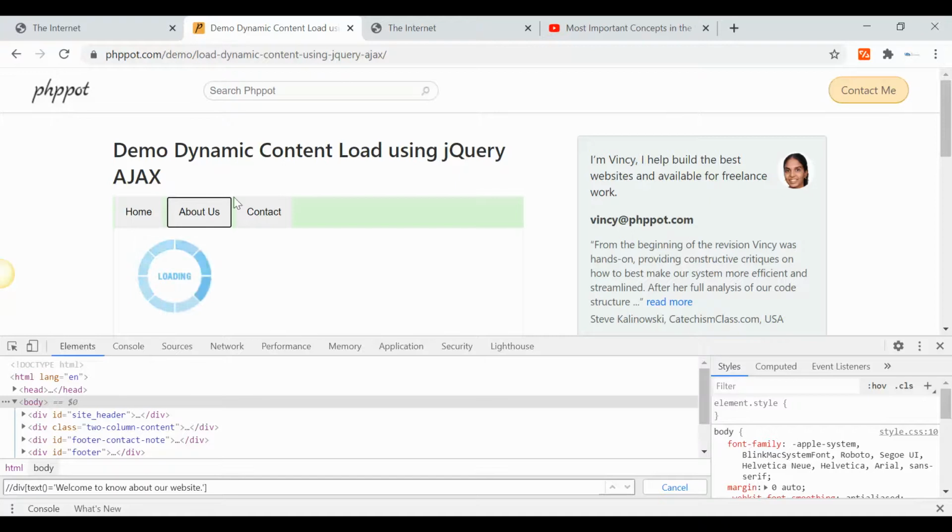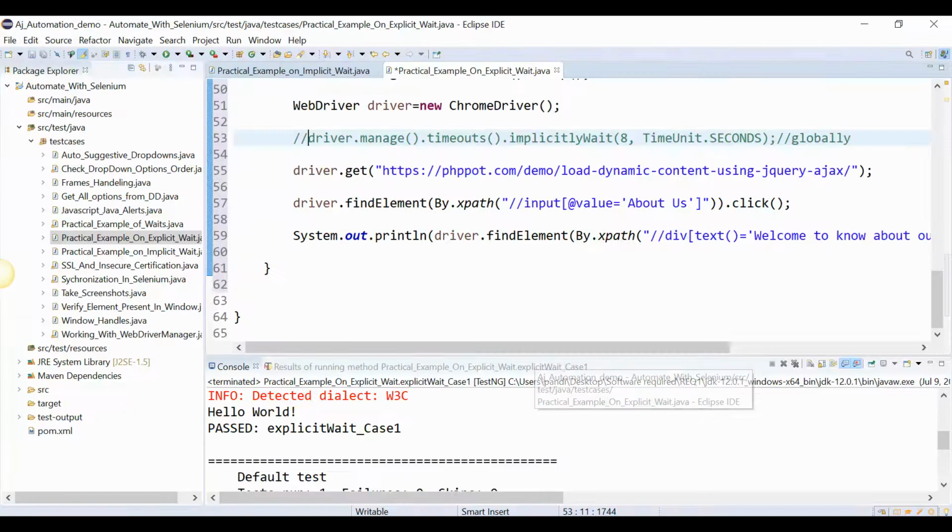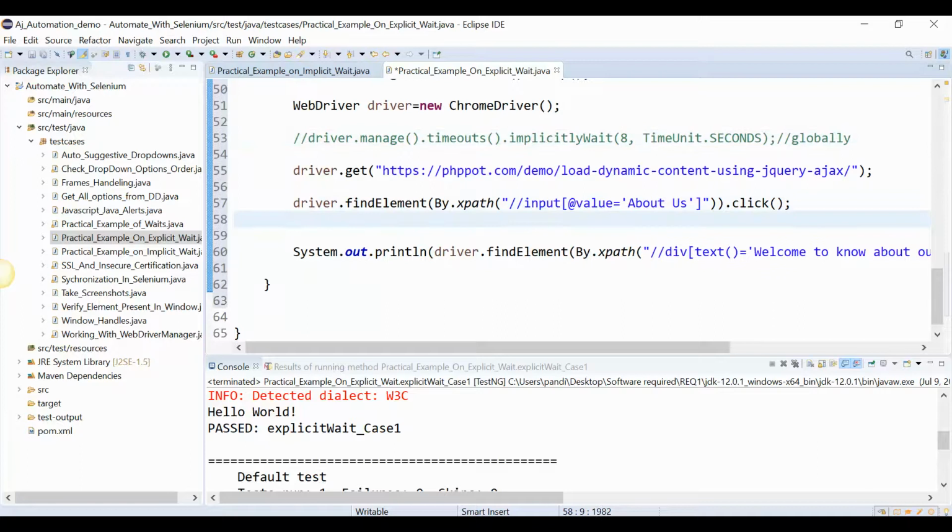So we need to tell the driver, please wait for this element to get visible on the UI, and then only perform the necessary action. So the driver has to wait for 3 to 5 seconds. While using implicit wait, we gave 8 seconds as the timer. So just after clicking that web element,